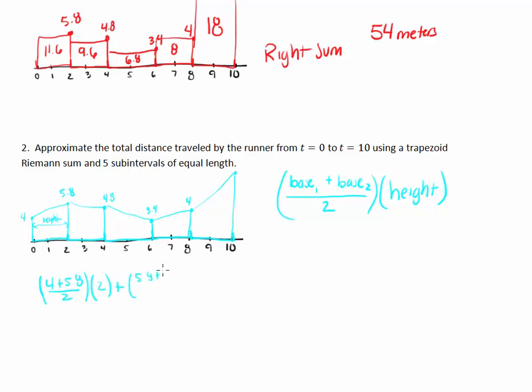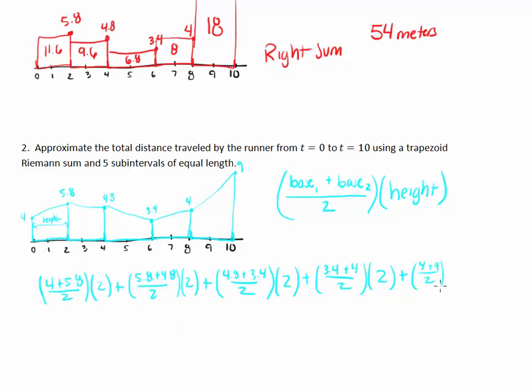plus 5.8 plus 4.8 divided by 2, times 2, also beautiful, plus 4.8 plus 3.4 divided by 2, times the height, which is 2, plus 3.4 plus 4 divided by 2, times the height, 2, and finally 4, I didn't mark that, 4 plus 9 divided by 2 times 2. So this is our formula for calculating the area. You do all of that work and you get an answer of